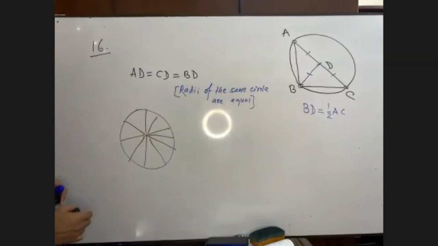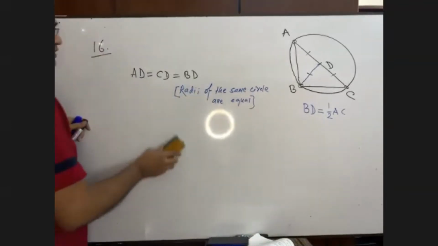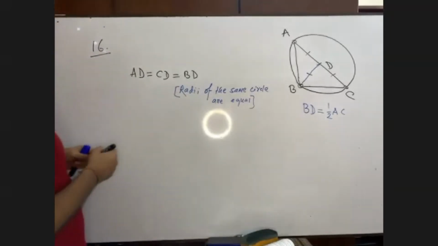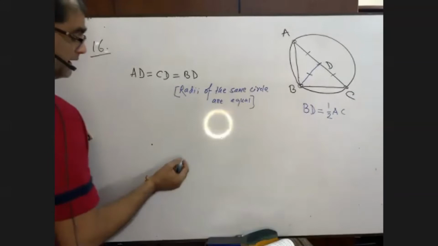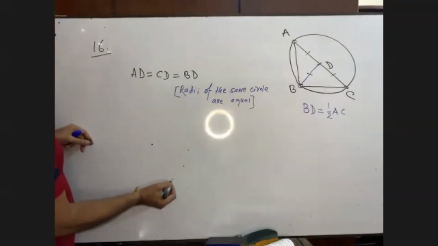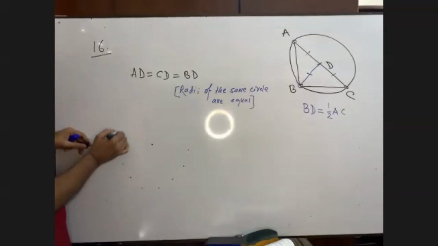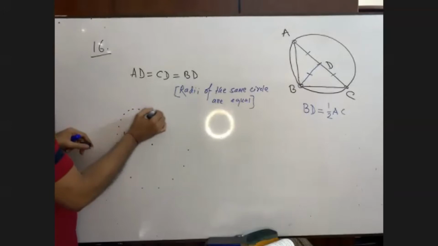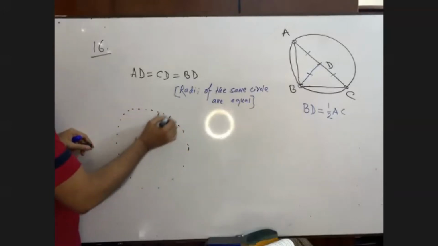And there is also a definition of a circle. Do you know the definition of a circle? Suppose a point is fixed, and if you take some points which are equidistant from the fixed given point, I have taken too many points. All the points are equidistant from the fixed point, that is, all of them are equal.